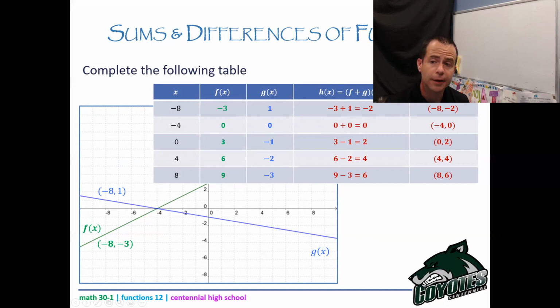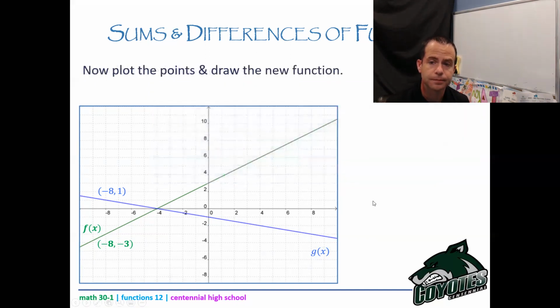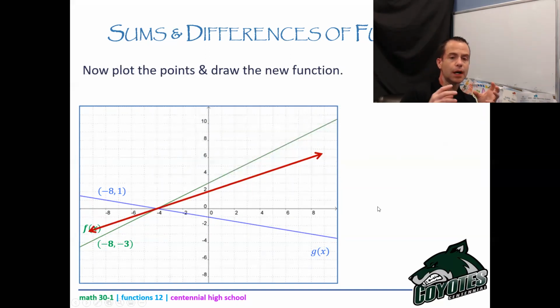Okay, so now if I was to plot that, I would get this line here. So this time we did this by getting just the points. We were just looking at a picture and we used just the points. I want to prove to you that it still worked with the equation. You've been building equations of lines since you were in grade 10. So just as a proof, let's build the equation of f of x and build the equation of g of